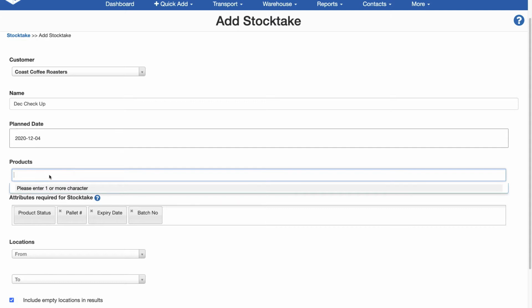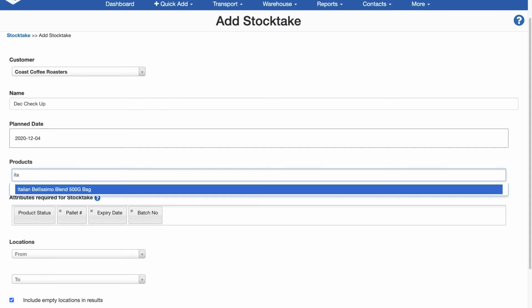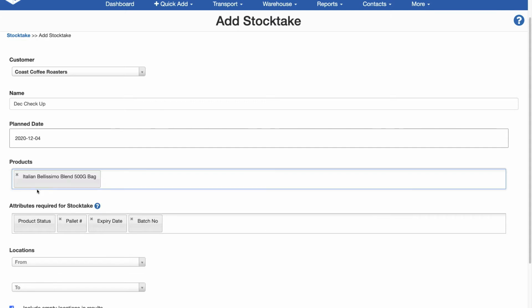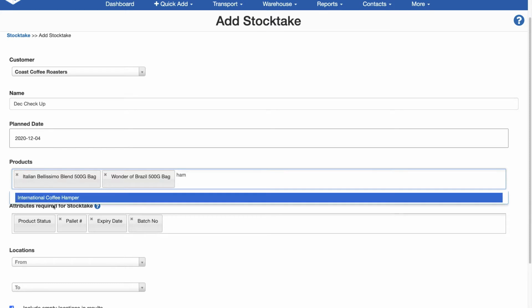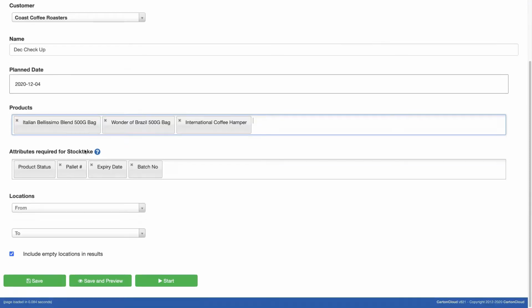And I'm going to come through and add in a few certain products. So I'm going to grab the Italian blend and I want to grab the Brazil. And I'm also going to bring in the hamper. Now I can come down and put in certain attributes. I might want to make sure that I capture the expiry or the batch number or whatever it may be